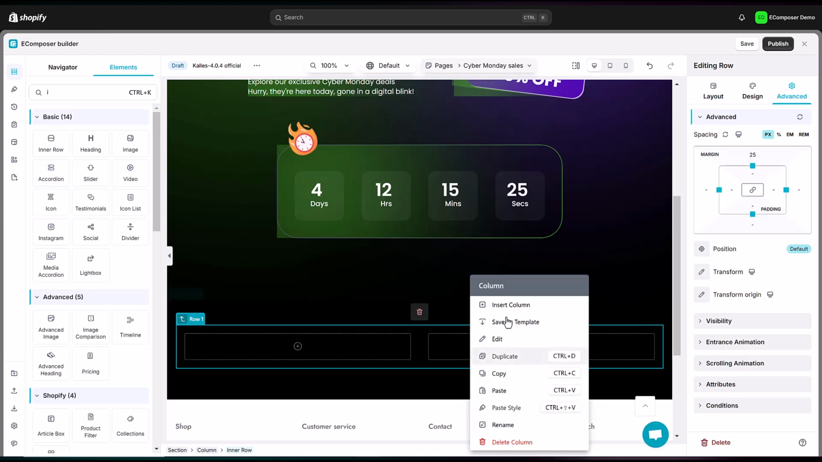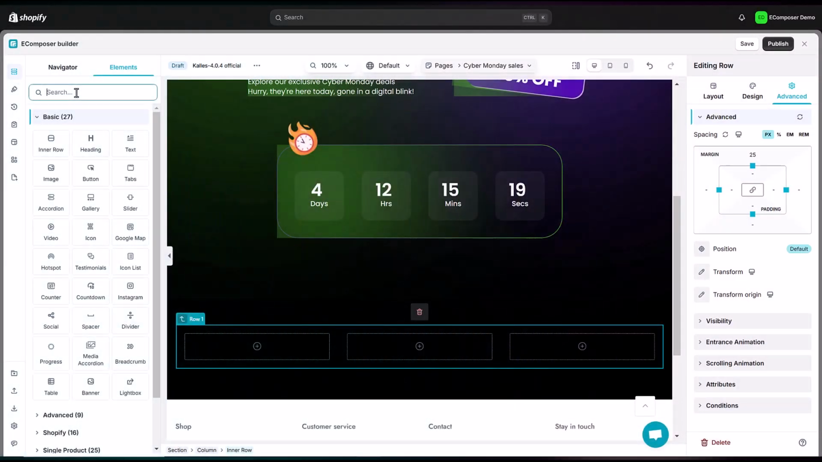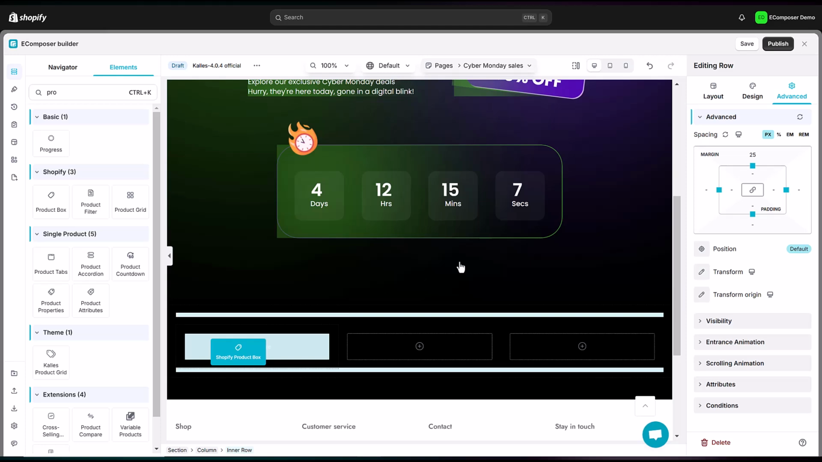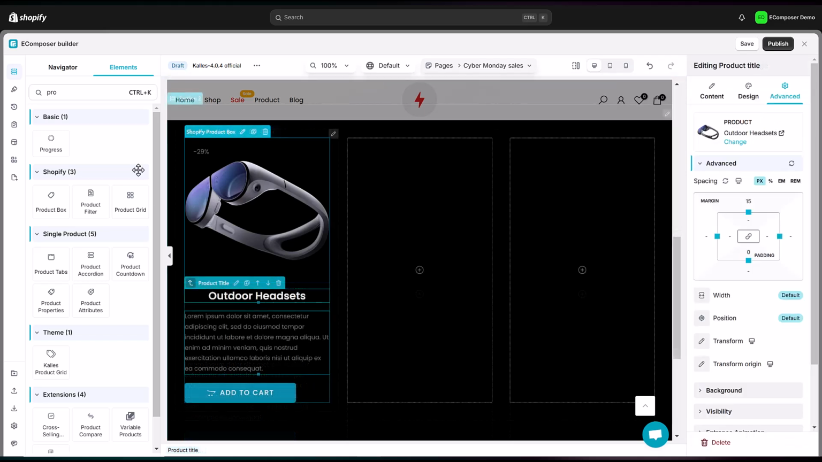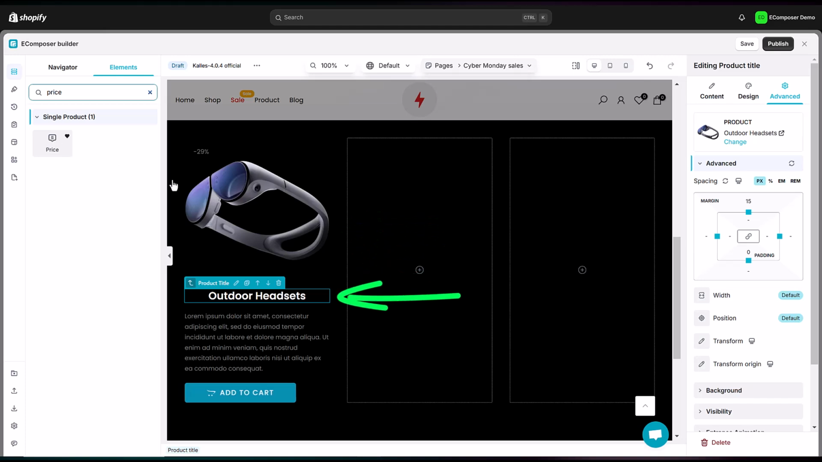Unlike some page building videos before, I will use the product box element. This element is a game changer. It dynamically displays your products, making updates effortless. With this element, you can combine various components. Once selecting a product, all parameters will display the value of that product, such as product image, product title,